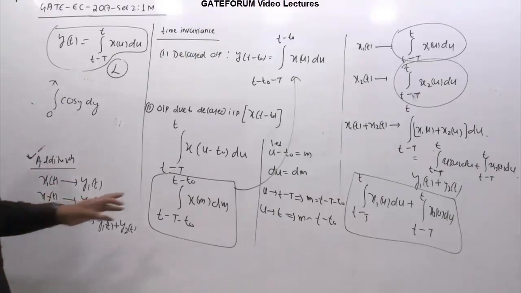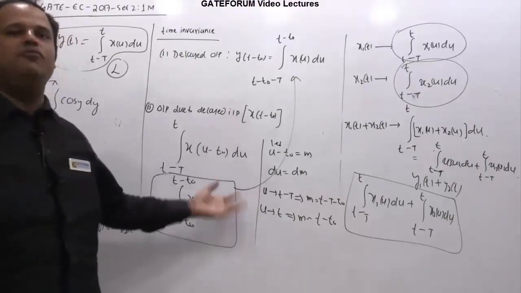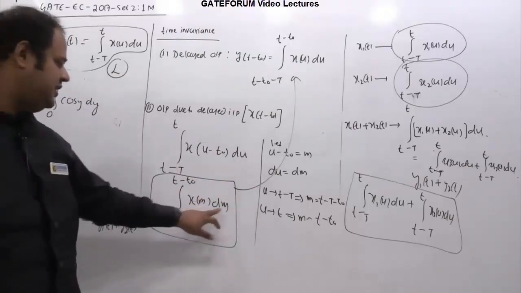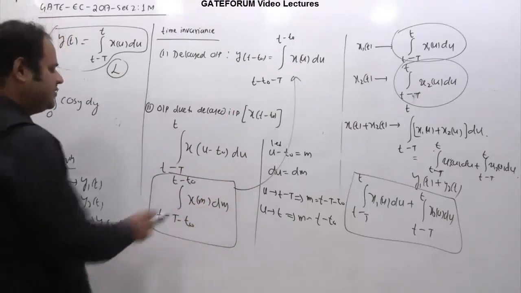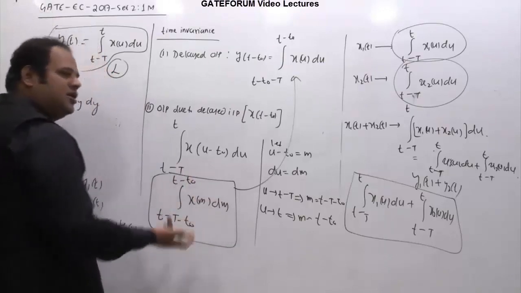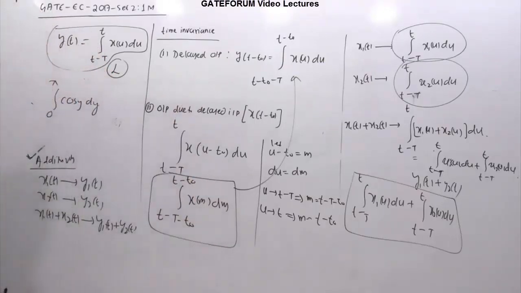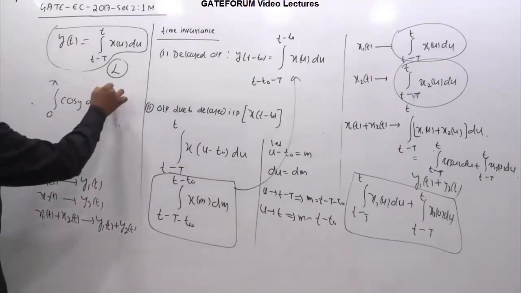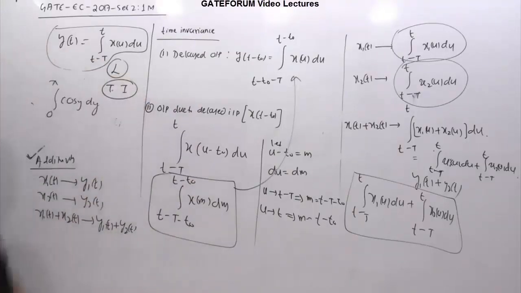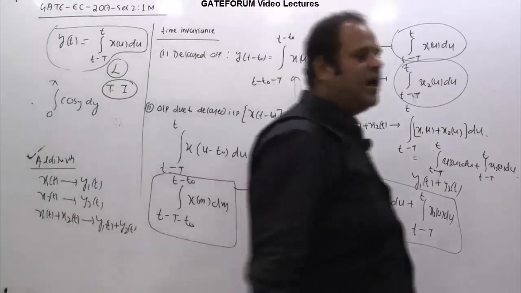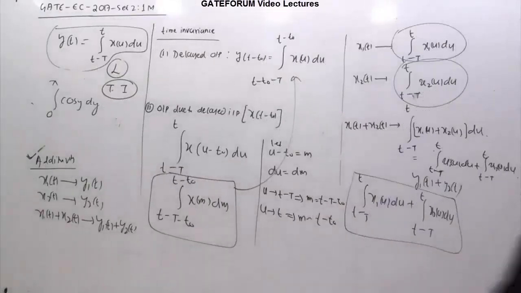So whether the integration is happening with respect to m, u, p, whatever it is, as long as the limits are same, this change of variable doesn't matter. Even if I make this k or m or n, whatever it is, they are absolutely same. So this system is also time invariant. So this is a linear and time invariant system. A delayed output is equivalent to output of delayed inputs. So this is said to be a time invariant system. So overall answer is linear and time invariant.